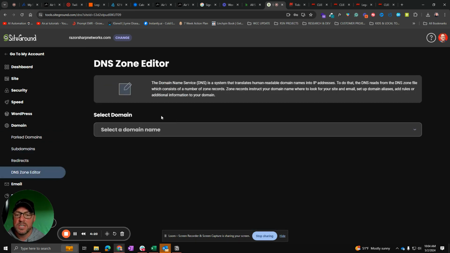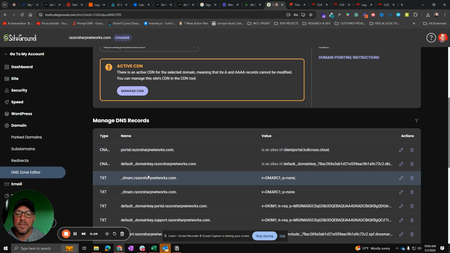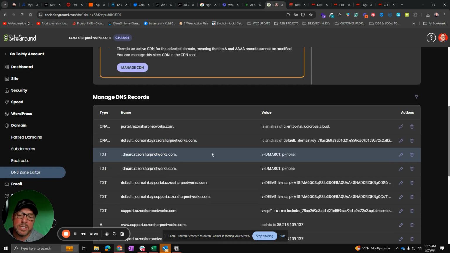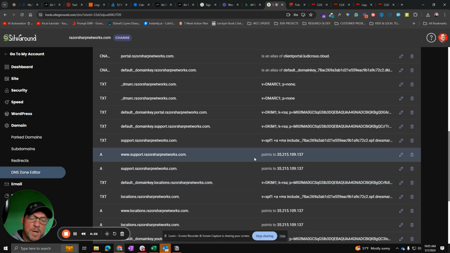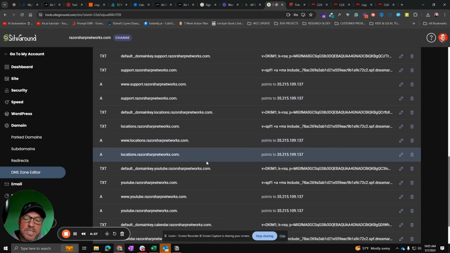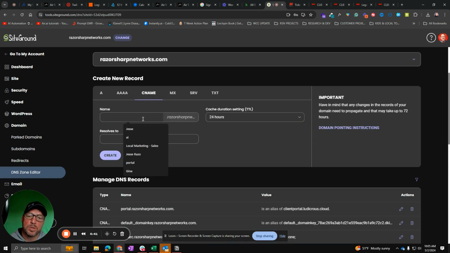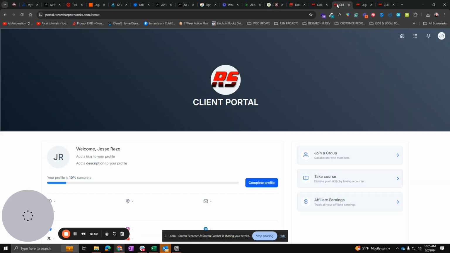So I created a subdomain here on the subdomain tab for portal.razosharpnetworks.com. Then I went over to the DNS Zone Editor, selected the root domain, and then created this CNAME record here. Now, what you will have to do is make sure that you don't have any A records or text records pointing to alternative locations. So you may have to clean up the default DNS zone items. But if you do come in here and go to the CNAME tab, you'll select that. You select this to 1 hour,